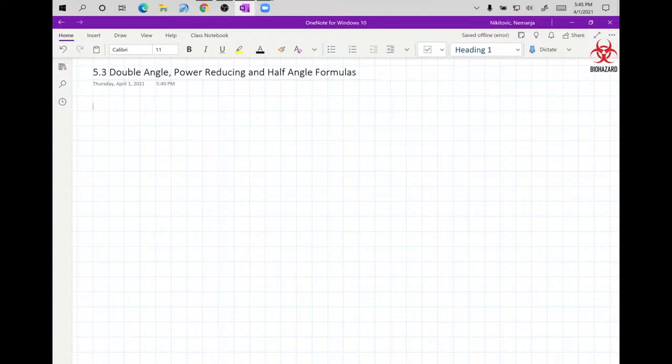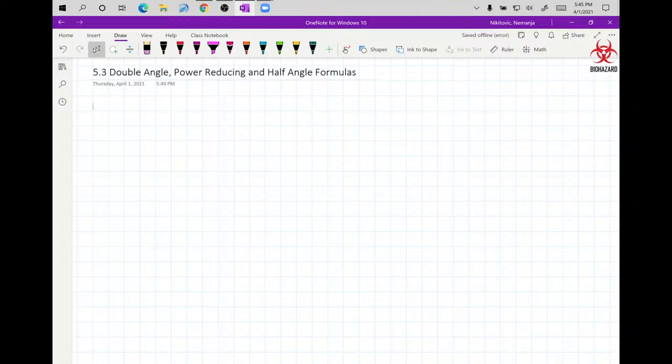Well, last class we learned the sum and difference formulas, and I did say that you have to memorize those. There's no reasoning with any of that stuff. There are proofs which we didn't cover, but the thing is that